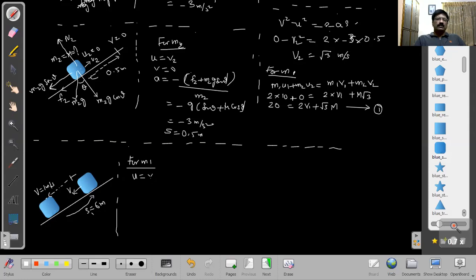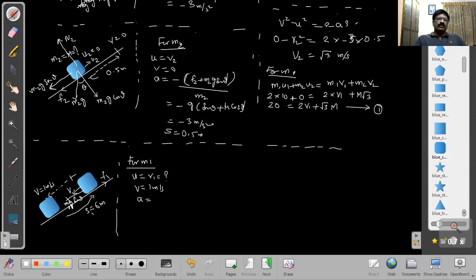So v1 is what we have to find, and final velocity is equal to 1 meter per second. While the block is coming down here, the weight component mg sin theta acts in the downwards direction, m1 g sin theta, and friction acts